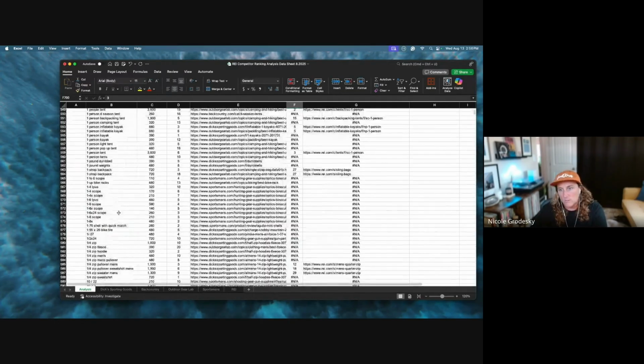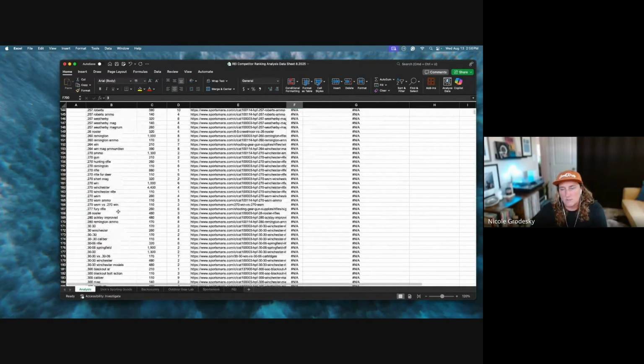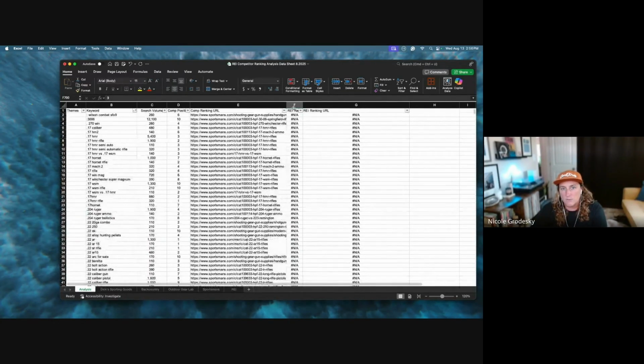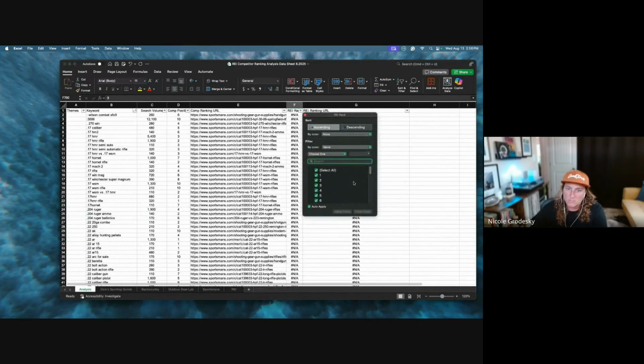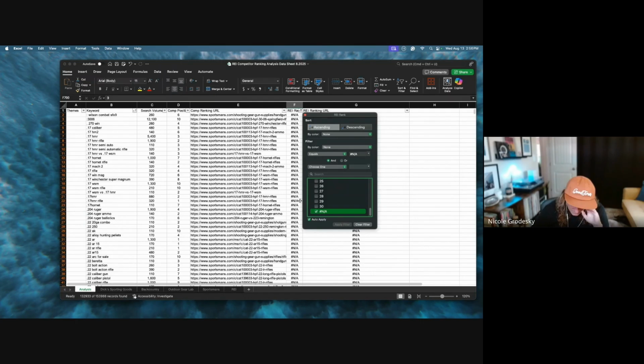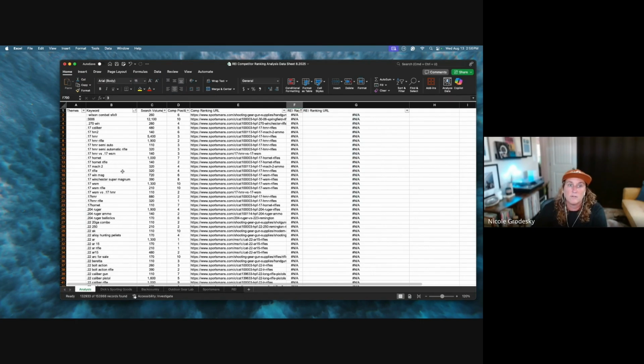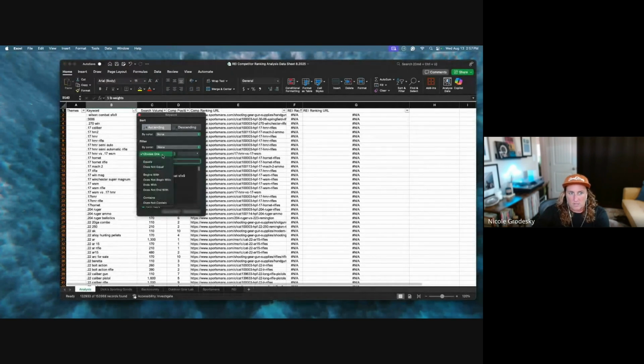So I'm going to go back to the top here, and the goal really for this is to find a keyword that REI is not ranking for, or is ranking lower for. If you want to focus on keywords they're not ranking for at all, you can hit NA. Now this narrows it down a lot. Now we know these are keywords that our competitors are ranking for, that REI is not ranking for in the top 30. We might want to focus in on first